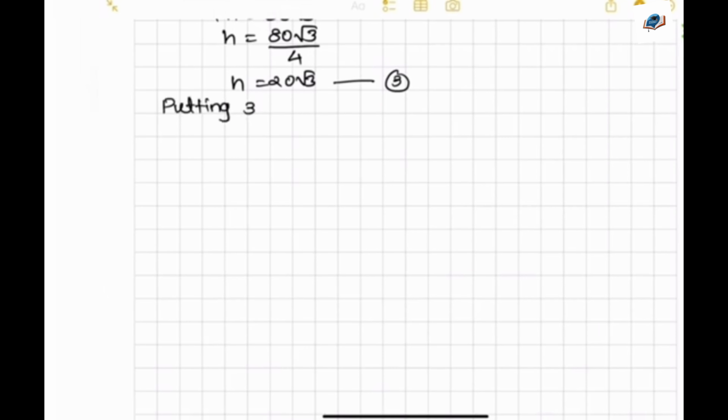Putting that value in 1, x equal to h root 3. So that will be 20 root 3 into root 3. So that will be